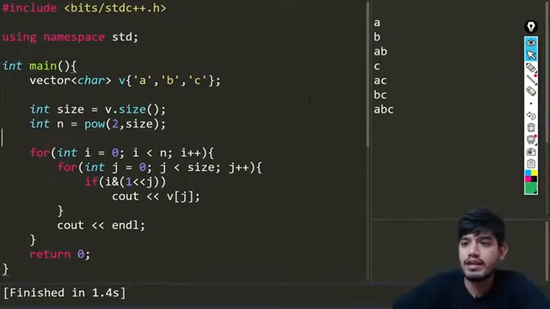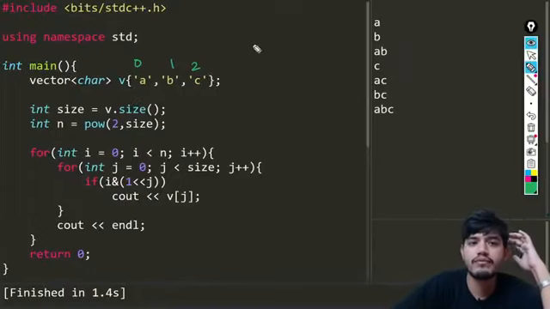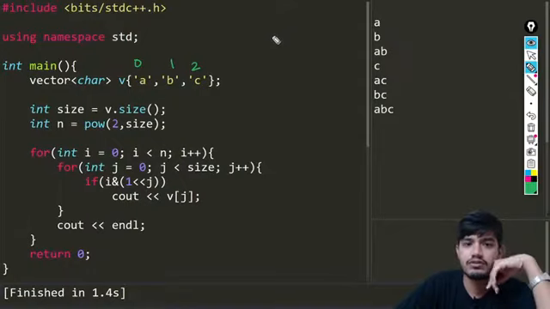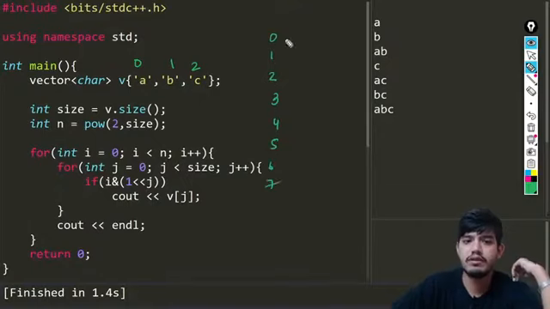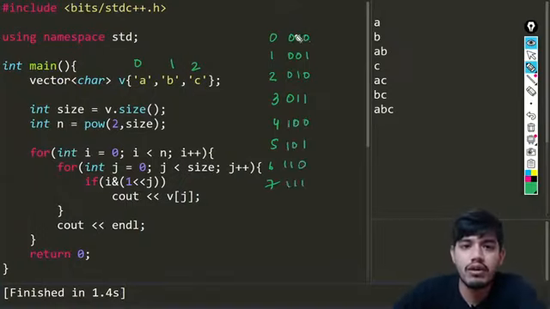Okay, so we have this value as 0, this value is 1, this value is 2 in this v of i. We have these values from 0, 1, 2, 3, 4, 5, 6 and 7. So we have this value 0, 0, 0, then 0, 0, 1, then 0, 1, 0. Okay, 3 is nothing but 0, 1, 1, and then 1, 0, 0, 1, 0, 1, 1, 1, 0, and this one. Now I'm just going to run this j loop. I hope up to this much everything is clear.